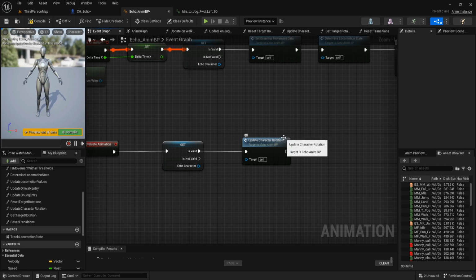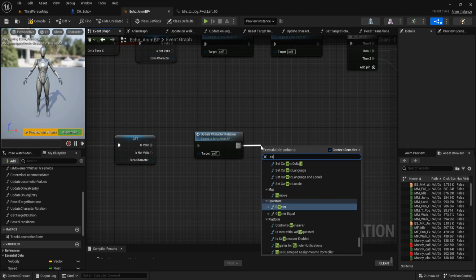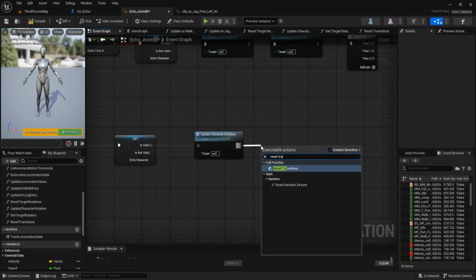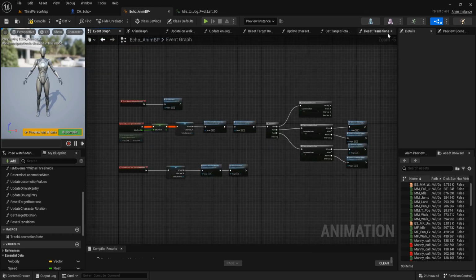The transition happens when the character changes from idle to walk or walk to jog. At that time, the character can have the turn animation. And after that, we call reset transition. You can close all these functions.